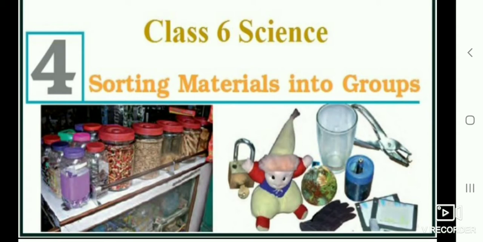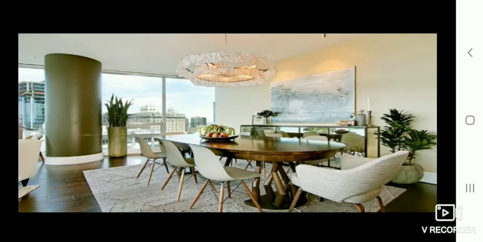So, we look around lots of things, right? For example, if we are in home only, we'll see a lot of things around us, right? We can see chairs in our home, tables, water glass, water, and TV, fridge, many more things, right? We can get many more things. We can't judge it. Lots of things around us, right?